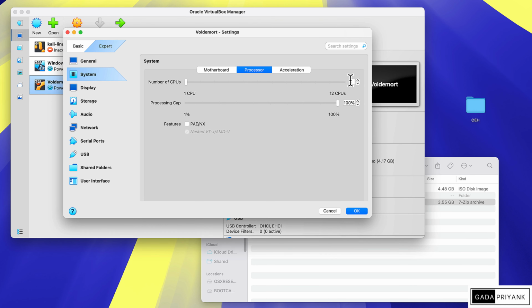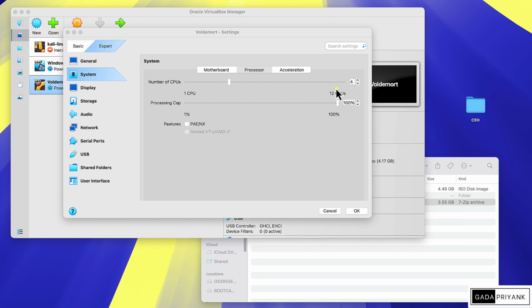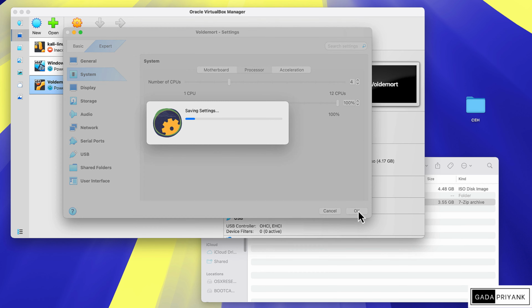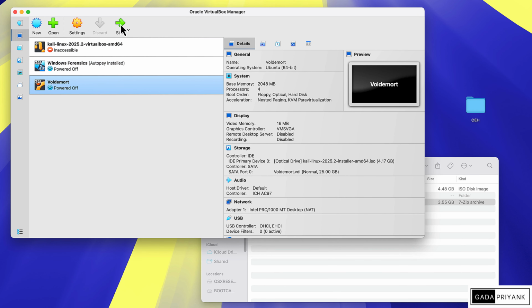For me, I have 12 processors and I can give 2 or 4 processors to the virtual system. Please make sure you are not increasing it beyond the limit shown on the right-hand side. For me it's 12, so I cannot go beyond 6. Make sure you give access and allow the processors.